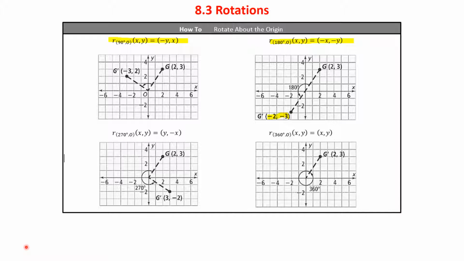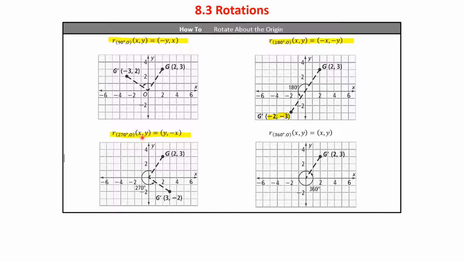Next, if we take a look at the bottom left-hand corner, we have the rule for rotating 270 degrees. And so we're going to rotate 270 degrees around the origin. And so here is the rule for that. Again, this is similar to our 90-degree rotation. I'm still going to switch my x and y coordinates. So if you take a look,